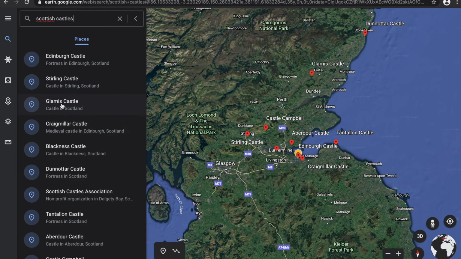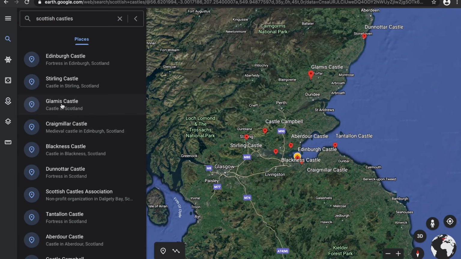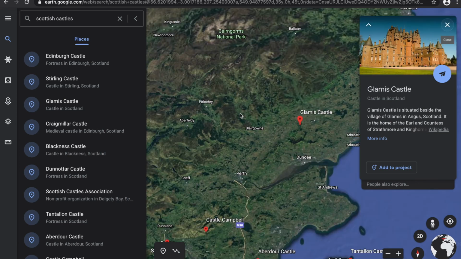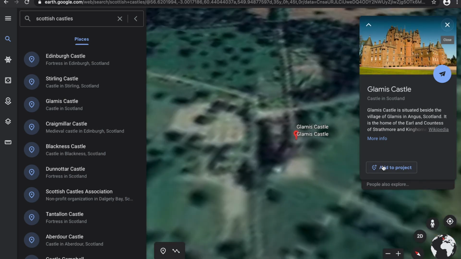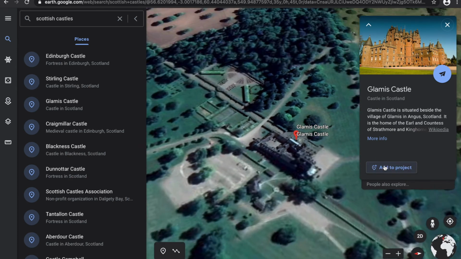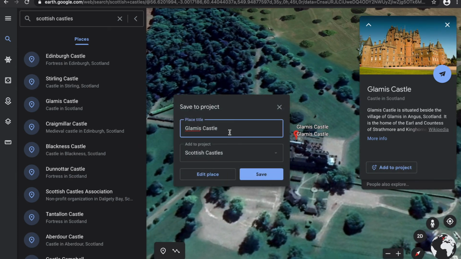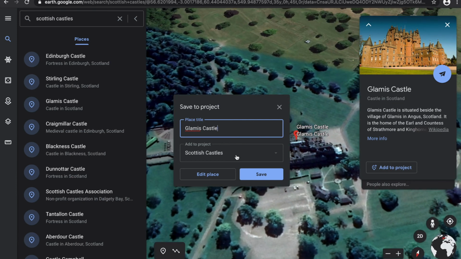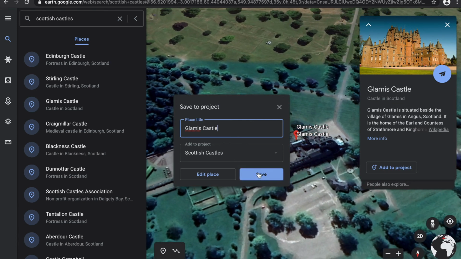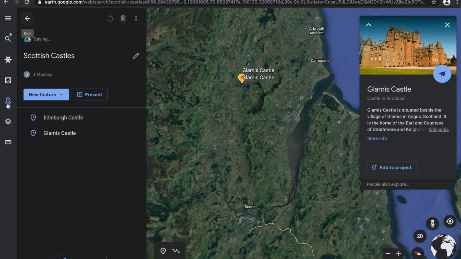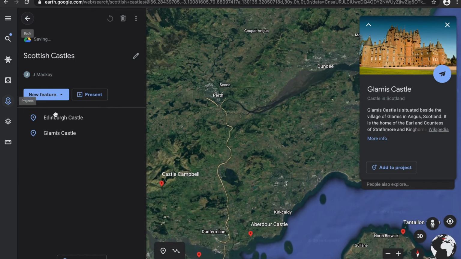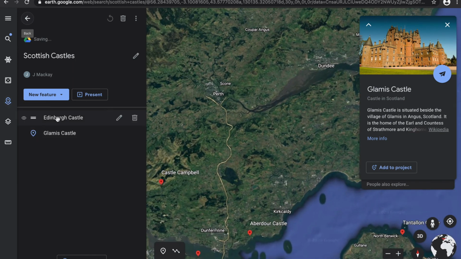So for example, if I go to Glamis Castle, Google Earth will zoom in for me. When it stops spinning, I can add it to my project. Again, I get that pop-up button. I'm going to confirm that it is that project, but I could have multiples, and I can save it. I can also edit it from that pop-up button, but if I go over here, I'm in my projects page, and I select Glamis Castle, for example, and use the edit pencil button,